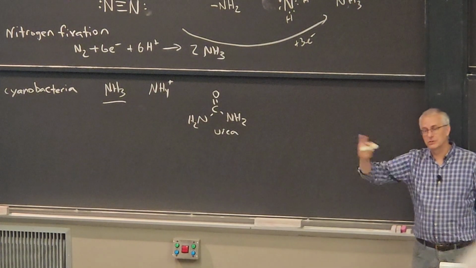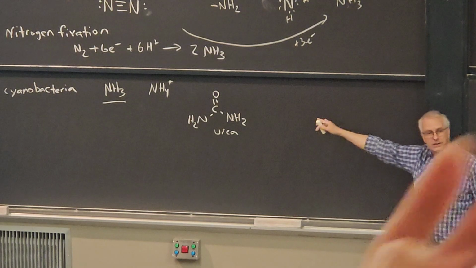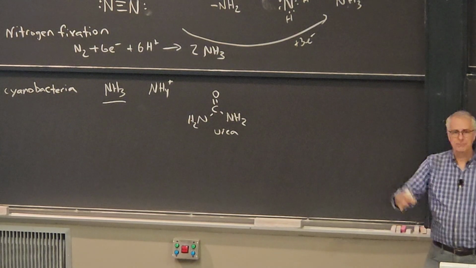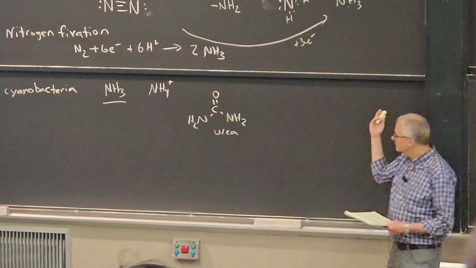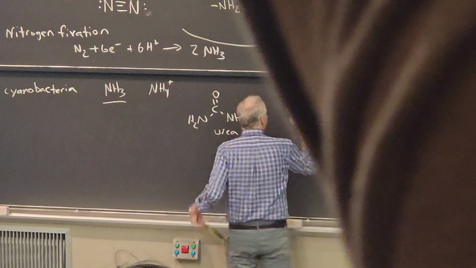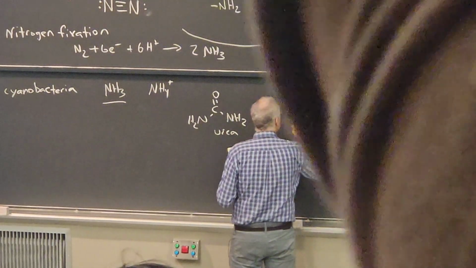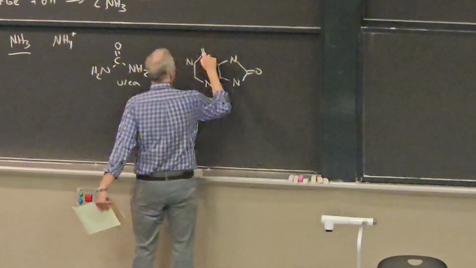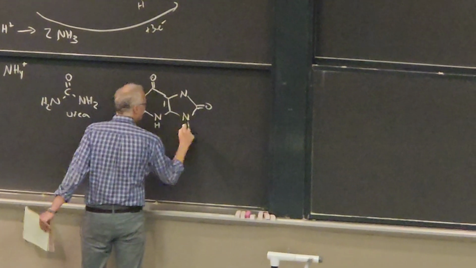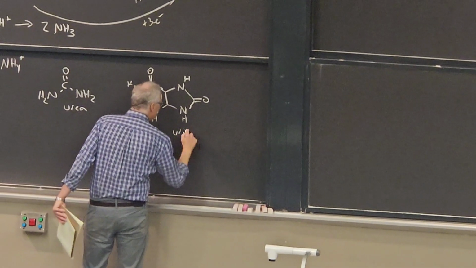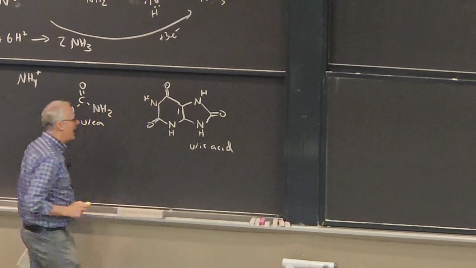So reptiles, largely living in the desert, actually don't make urea. Same thing with birds, right? Birds don't want to fly around carrying a bunch of extra water in order to excrete urea. They need to be light enough to fly. So instead, they actually generate this molecule. Okay, so this molecule is uric acid.